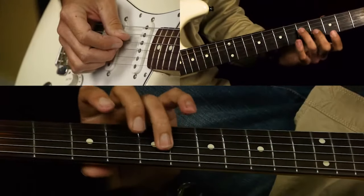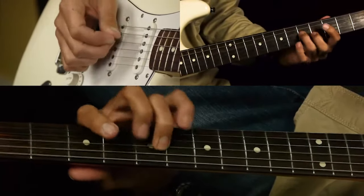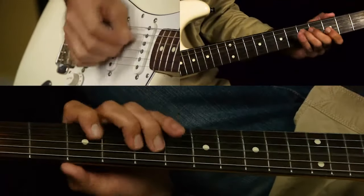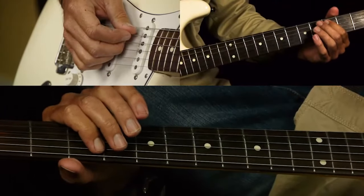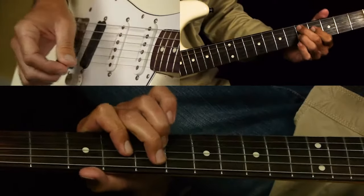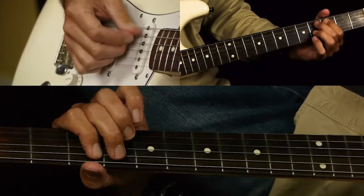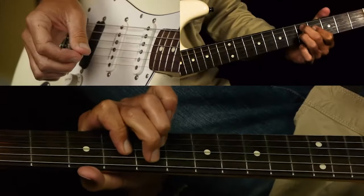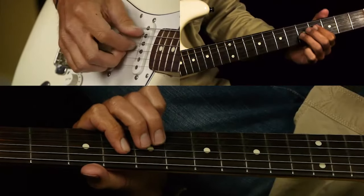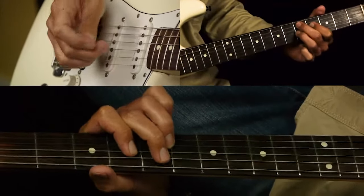Then we have 5th fret G, a D, twice, to the 3rd fret G string, and then we have a little chromatic walk up to the 5 chord for the turnaround. And you're just playing a simple D dominant 7 chord there. I'm just picking that's just the 4 and the 5, while your root note's ringing out. So,